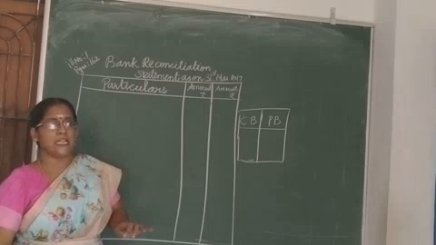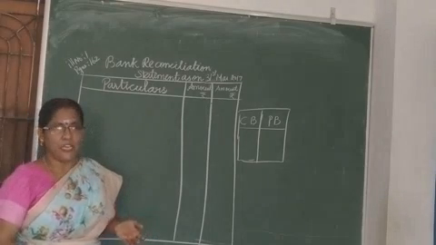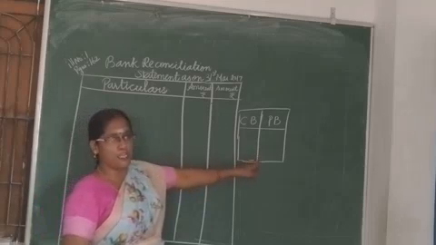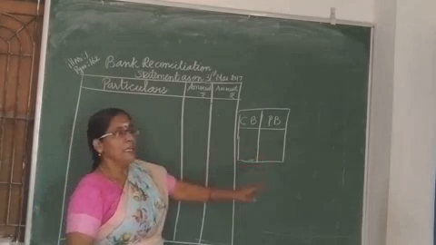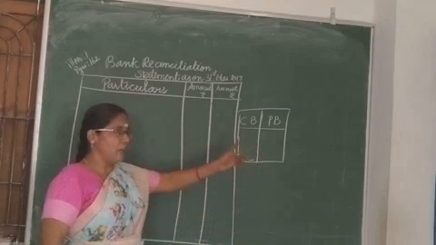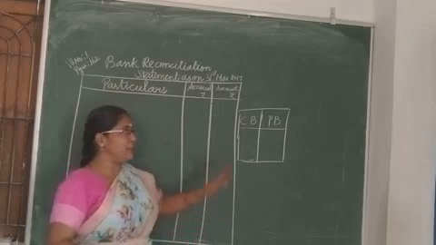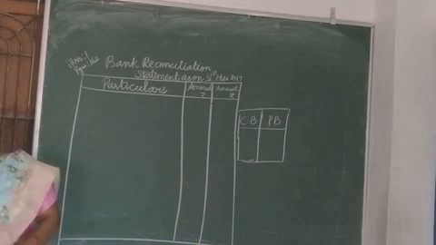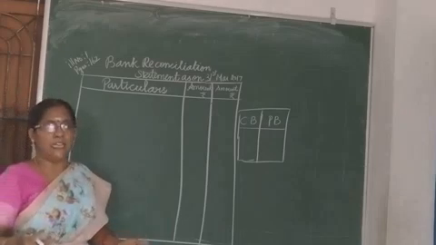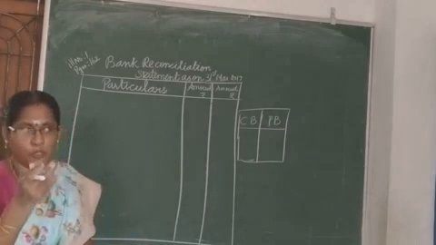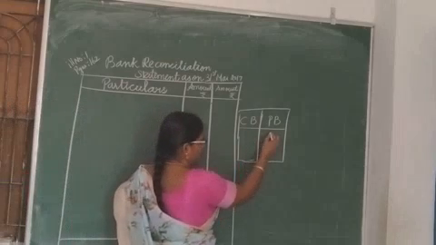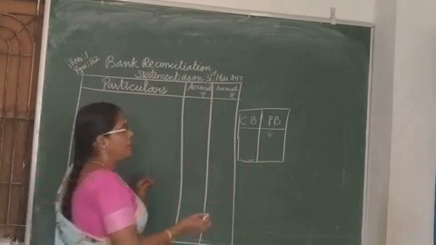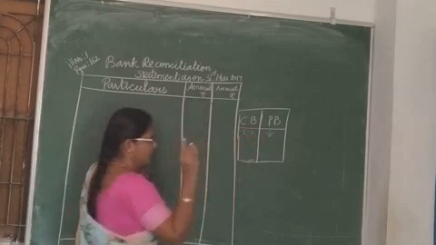What are all the transactions which increase the balance? That we are going to balance as per passbook. We are going to find out the passbook balance only. The opposite book, if the balance is increasing we are going to add. If the balance is decreasing we are going to less. Listen, check deposited but not yet collected by the bank. Whether the transaction is increasing in the passbook? No. In the passbook it is decreasing. So, we have to reduce the first transaction.